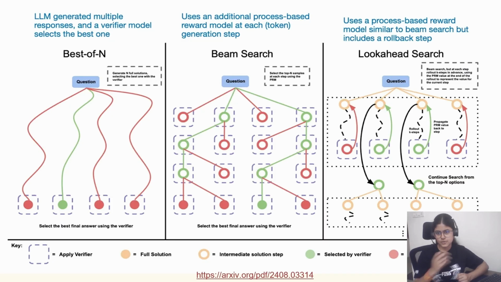Another one is lookahead search, which is very similar to Monte Carlo tree search, with some differences here and there. In Monte Carlo tree search, we try to make the tree search more efficient. We have four processes there. The first one is selection. You select a given leaf node, based on a predetermined formula, and then you expand it, so additional nodes are created. Then you roll out, or randomly create new nodes, until you reach the end. You also have a backward process, or backprop, to update the parent node's score based on the output.